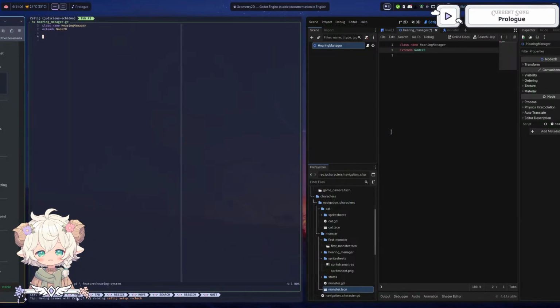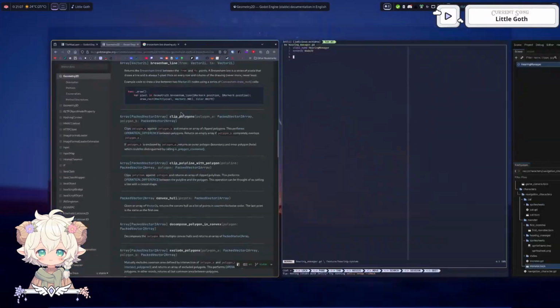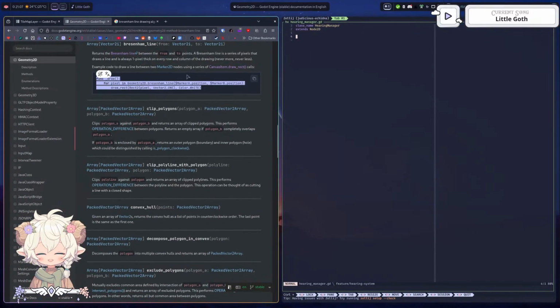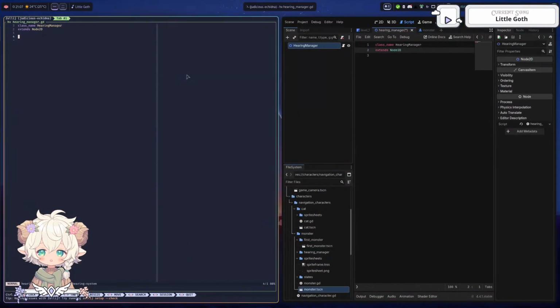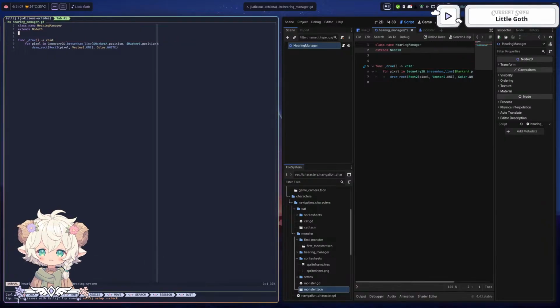The position of the pixel is on the screen, or between from and to point, resonate the series of pixels that draws a line that is always 1 pixel thick on every row in the column of the drawing, never more, never less. I kind of want to do it just like that. I want to check, just to have an idea. I think that's maybe the thing I want. I want to have an idea